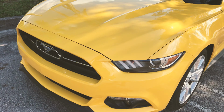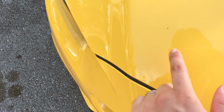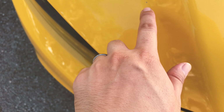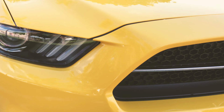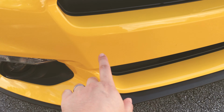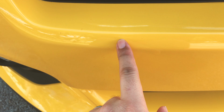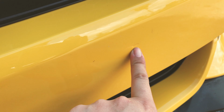Now I just want to show you some of the areas that have had some slight damage since we owned it. Give you an idea of what to expect when you get a used car. So there are some chips over here, and if you can see, this chip is pretty deep right over here. It's unavoidable for sure, especially if you're driving on the highway a lot. And over here in the front grille we had some light chips, and no, those are not chips, those are the license plate holders right over here. So over here there's some slight damage from the car actually bumping into something,